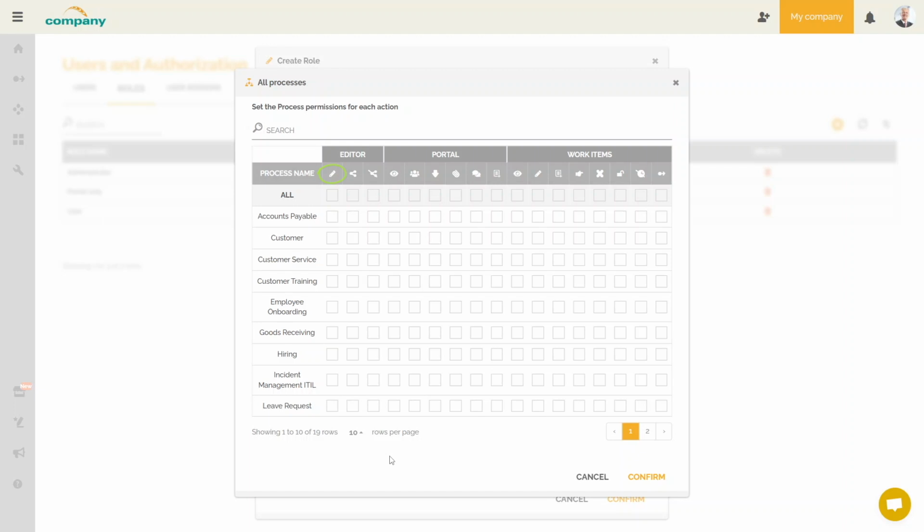This option is used to authorize the editing of one or more processes. This gives the right to publish the documentation or automation of one or more processes. The third option allows you to deactivate the publication of documentation or automation of one or more processes. We will now see the different possible actions for the Process Portal.